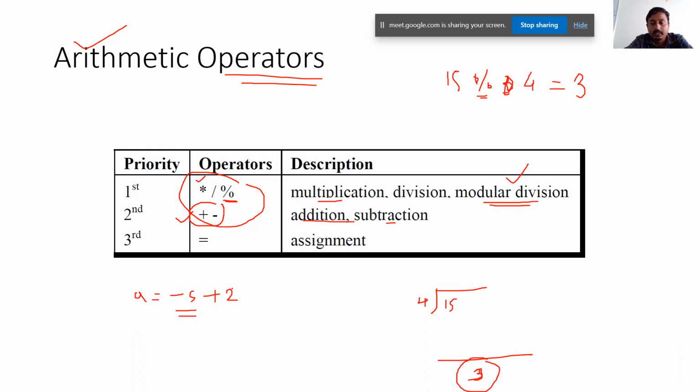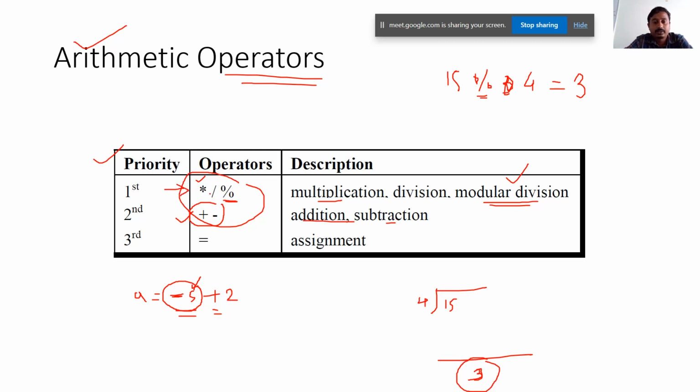So what is unary and binary? Now consider this minus. This minus is working on 5, so we have only one operand. Such operators are known as unary operators. Now this plus is working on 2 operands, that is minus 5 and 2, so this is known as a binary operator. So we have 2 versions of plus and minus, that is binary plus, binary minus, and unary plus and unary minus.